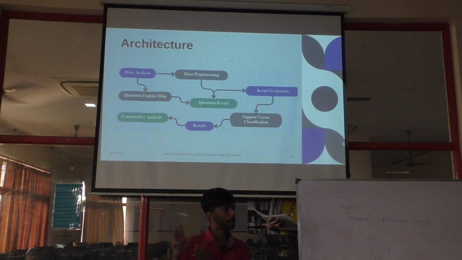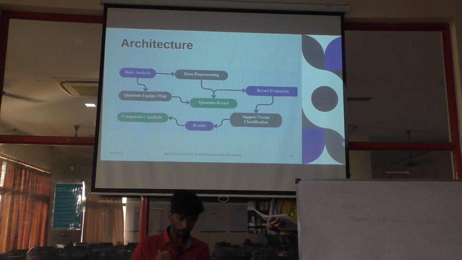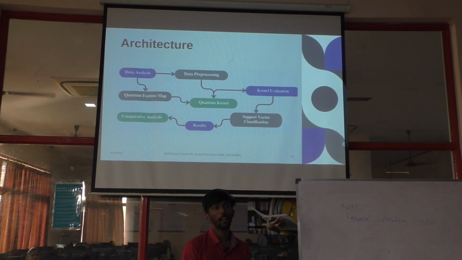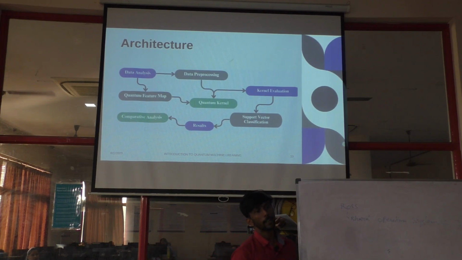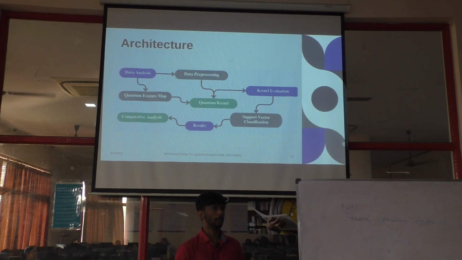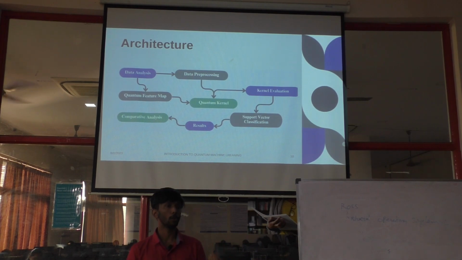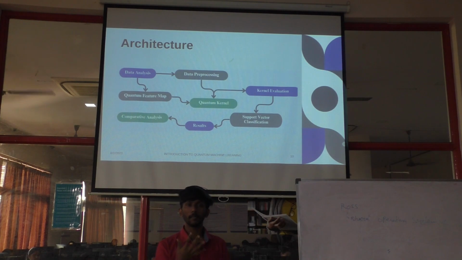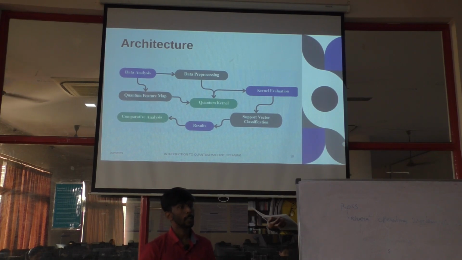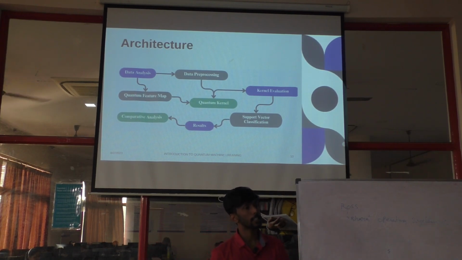Most of them use a similar kernel. You don't have multiple kernels. That is the most important thing about quantum support vector machines. The only thing that is extra in the quantum support vector machine, compared to the classical one, is the quantum feature map. The rest of it is pretty much similar. You can easily do all your simple classification machine learning algorithms in quantum support vector machines also, because it is as simple as support vector machines.